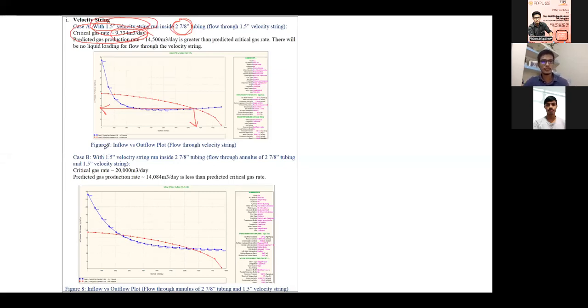Now case 2 is when you are producing your fluid through the annulus of the 2 7/8 tubing and the 1.5 inch velocity string, the coil tubing. The calculated critical gas rate is around 20,000 meter cube per day, and your predicted rate is 14,084 meter cube per day, which is less than the critical gas rate. So if you are producing from the annulus of the 1.5 inch velocity string and the 2 7/8 inch tubing, you are going to see liquid loading anyway. So if you compare these two, you are going to produce your gas using your velocity string, not from the annulus. Okay. Now